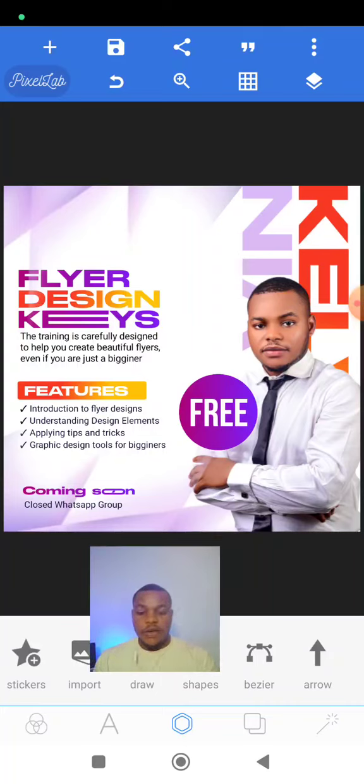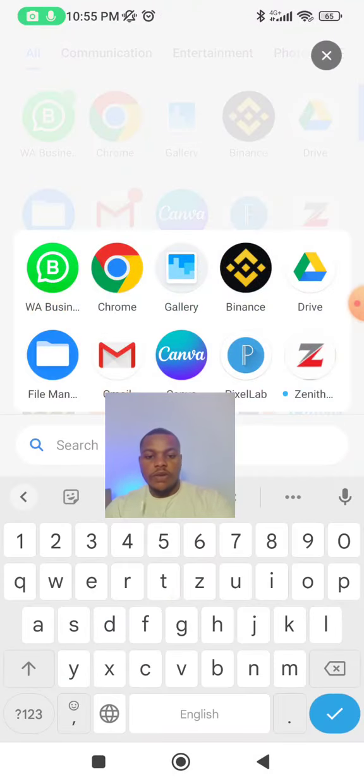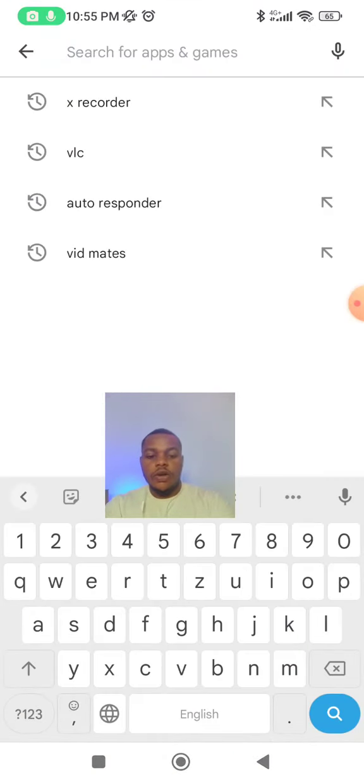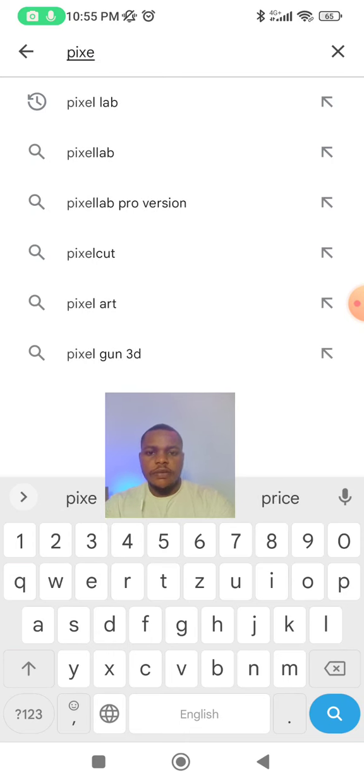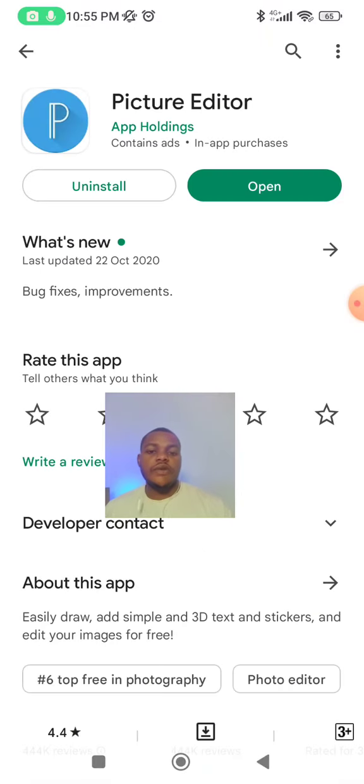So quickly, let's dive into the creation of this flyer. The app that I use for this flyer is called Pixel Lab. It's on Play Store. Let me quickly go to Play Store and show you. So you go to Play Store and just type Pixel Lab app, or you're going to see it as photo picture editor, because it was actually a picture editor, but it does amazingly well. So if you type Pixel Lab, you're going to see picture editor. Please install this into your phone. So if you have installed it into your phone,